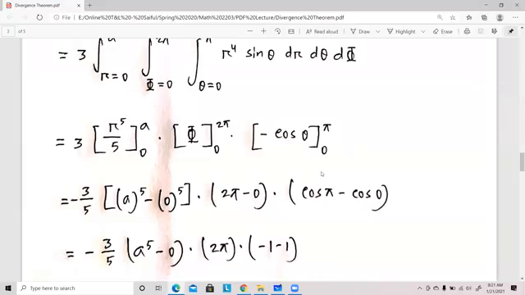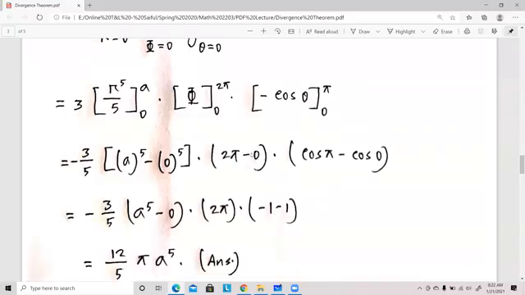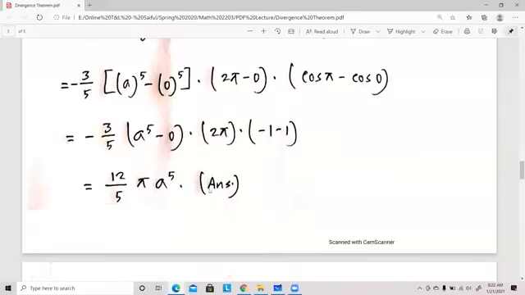Cos 180 degree equal to কি হবে -1. Okay, আর cos 0 হচ্ছে 1. After simplification we get this, and here we get -2 into -3, that means 12 by 5 a to the power 5 pi. Okay, so it is the required value of the